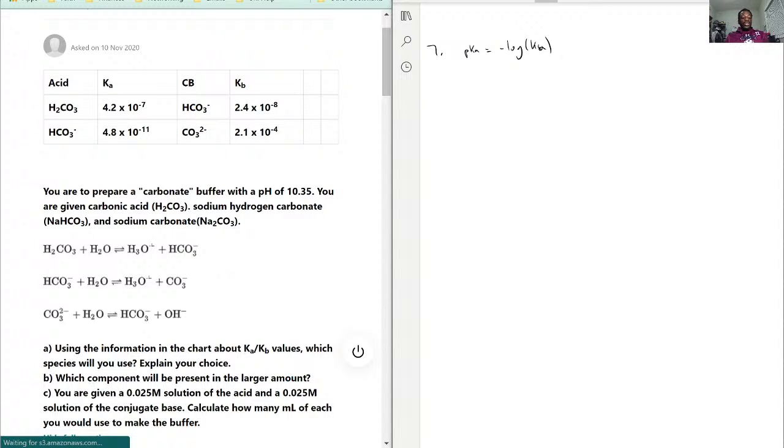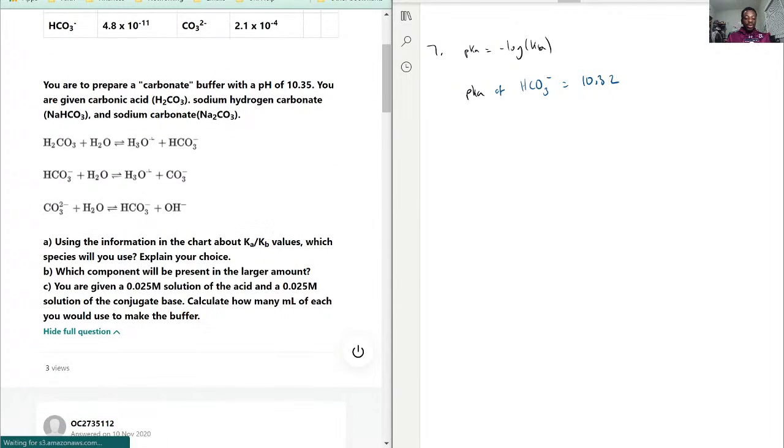Now we're going to use the HCO3 minus because that one's a lot closer to the buffer pH we're actually trying to solve for. So the pKa of HCO3 minus is equal to 10.32. Okay, that's already quite close to 10.35, which is why when it asks which one would you use,